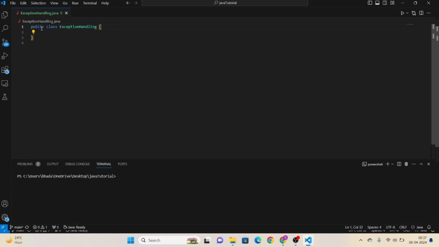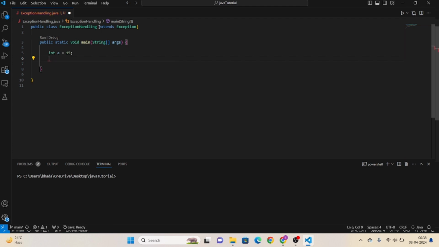So this is our class, public class ExceptionHandling. For handling exceptions, there is a class in Java, Exception, so first we need to extend the Exception class. This is our main method. Let's see this with exception handling. There is an integer a equal to 15. We store 15 into a, and let's go